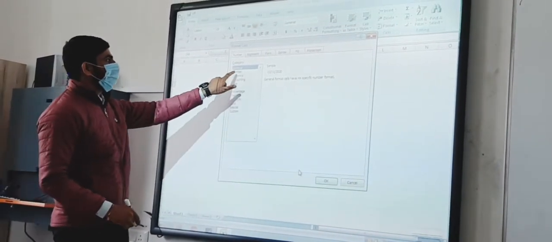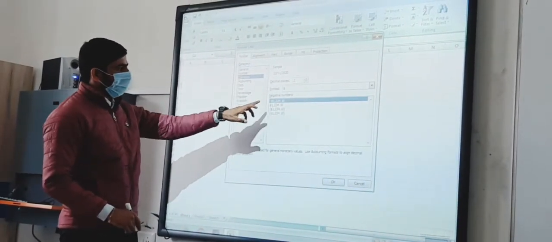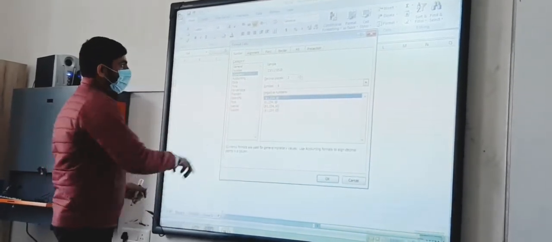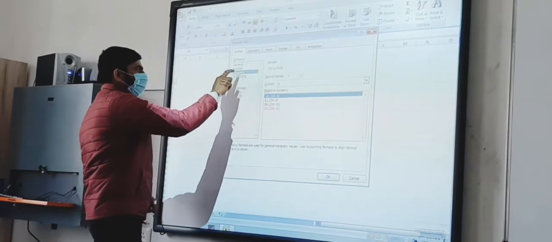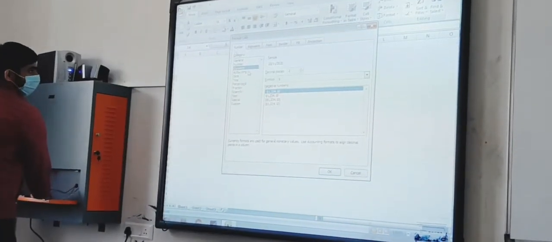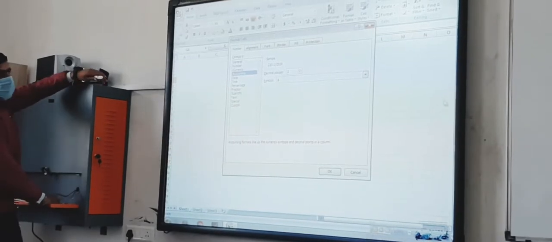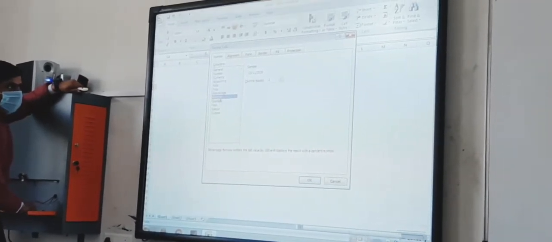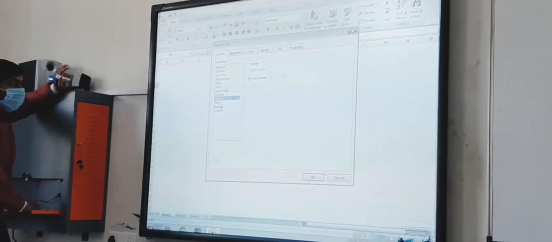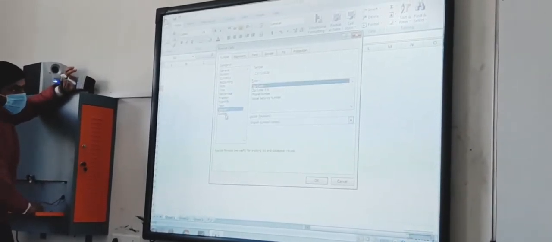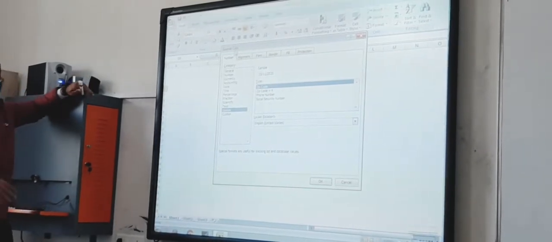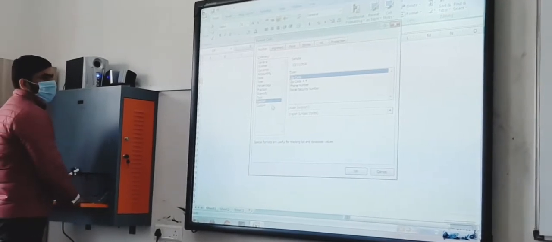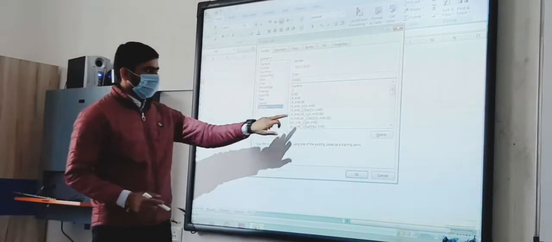If you want my number to be something specific, here you can see what types of currency you want to show, what types of accounting you want to perform with that. Okay, so accounting section, date, time, percentage, fraction, scientific, text, special characters, zip code, that is called the area codes, and customization, means according to your thinking what you want to add to that section.